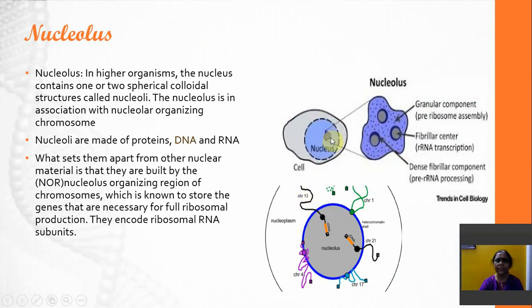What is nucleolus? Nucleolus is a dense body present inside the nucleus. There may be one or more nucleoli present in the nucleus. It is a spherical, almost spherical body which is made up of proteins, DNA and RNA. It disappears during cell division and reappears during interphase. When it disappears, it is again reappeared due to the function of a nucleolar organizing region. Some chromosomes contain nucleolar organizing regions which are responsible for the appearance and disappearance of the nucleolus.